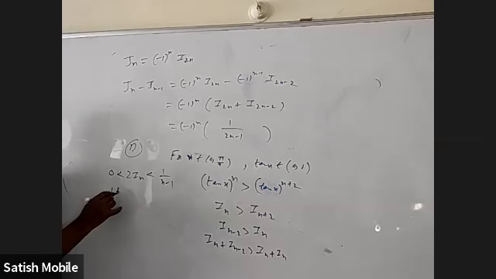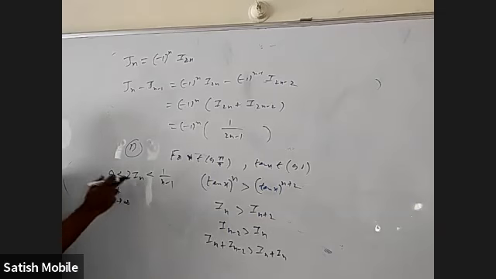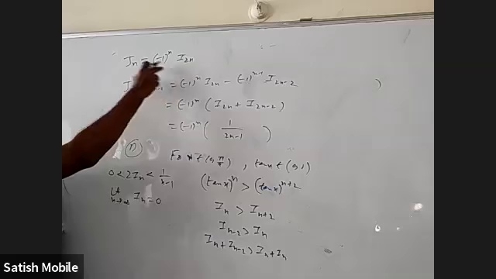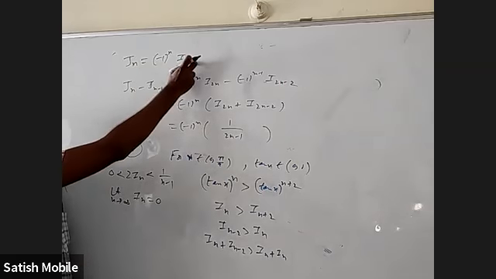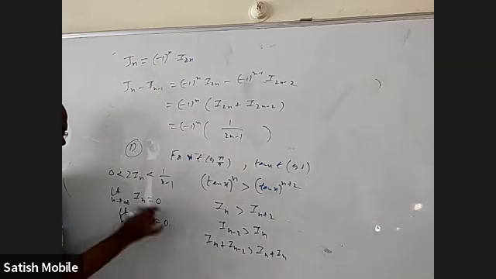Now you apply the limit as n tends to infinity. When n is becoming infinity, this is becoming 0, and this is becoming 0. According to the Sandwich theorem, if something is between these two, that also should become 0. So the limit as n tends to infinity of I_n should be 0. If I_n is tending to 0, even J_n will also be tending to 0. Basically, when n is very, very large, this value is becoming 0, even (-1)^n also. So the limit of J_n is also 0.